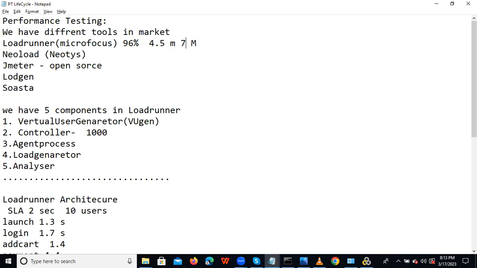From the tool point of view, we also need more resources. So they will show some things and get a good budget. That is why maximum all companies use LoadRunner. Is it clear? Clear. Yeah, so from our point of view, some small companies will be there,